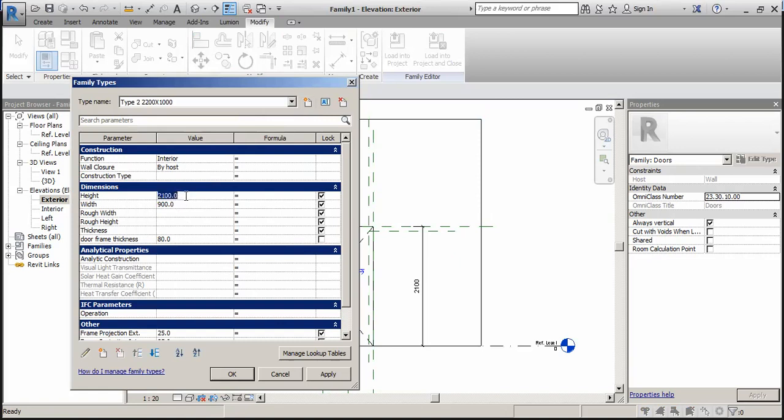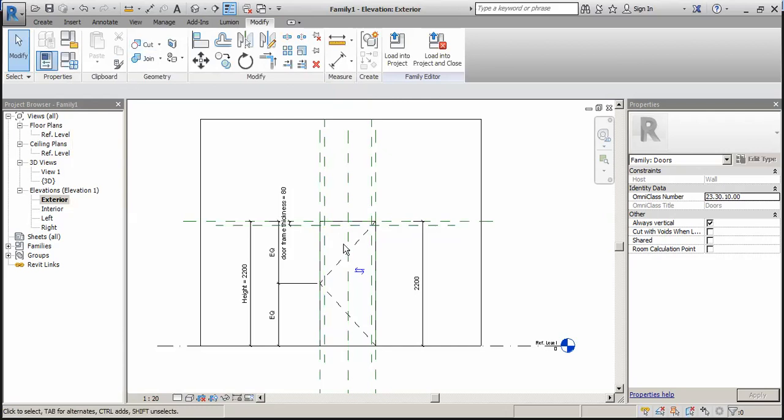So here we have to change the dimension, 2,200 and width 1,000, and we have to apply this. So you can see that this dimensions has been applied. Okay. So we created a family. In that family, there are 2 types of door available.